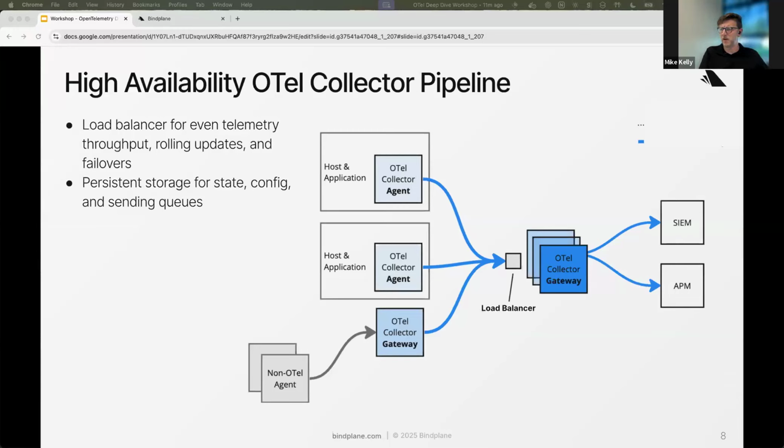some of the demos. By default, the collector will handle in-memory storage. And so if you have a brief loss, the collector doesn't go down, it will retry, it will maintain that buffer. However, for protecting against failures of an individual collector, we need to have persistent storage. And so a key part of building in resilience to the pipeline is adding in persistent storage for anything